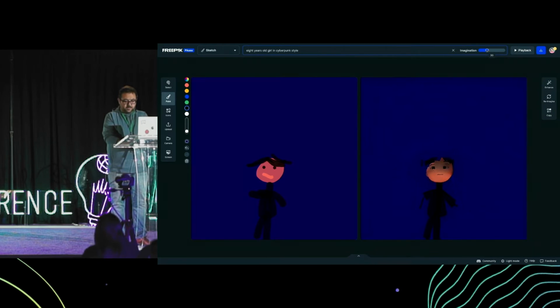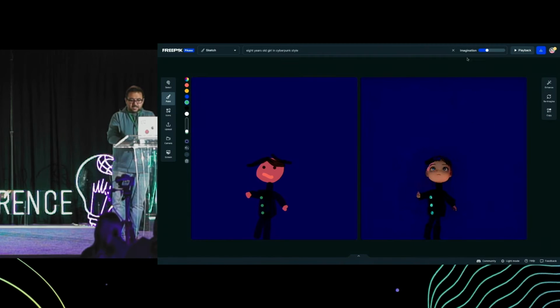The more details I add, the better the model is going to understand my work. Here we can add hands. We can add some details to her clothing. Let's keep doing a little bit more imagination here.